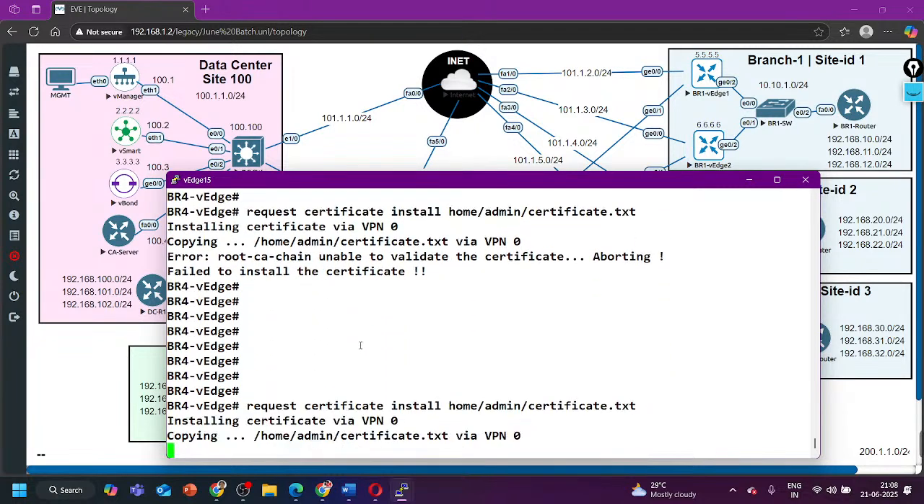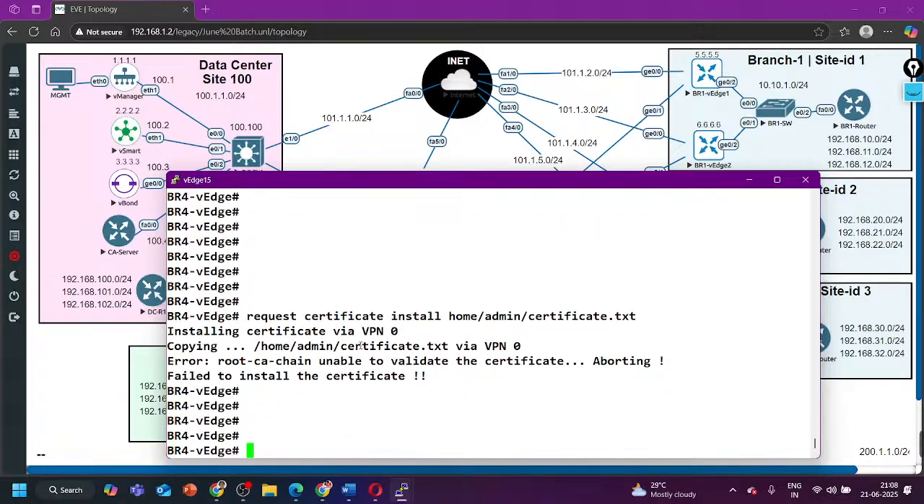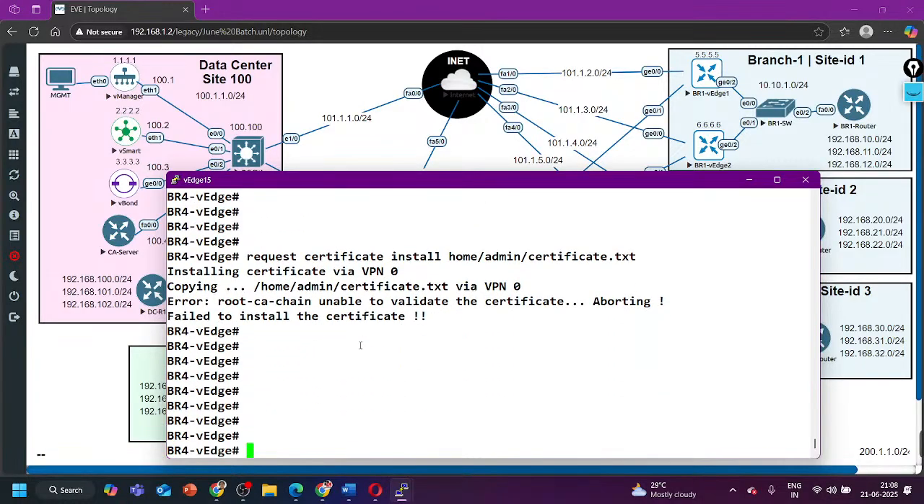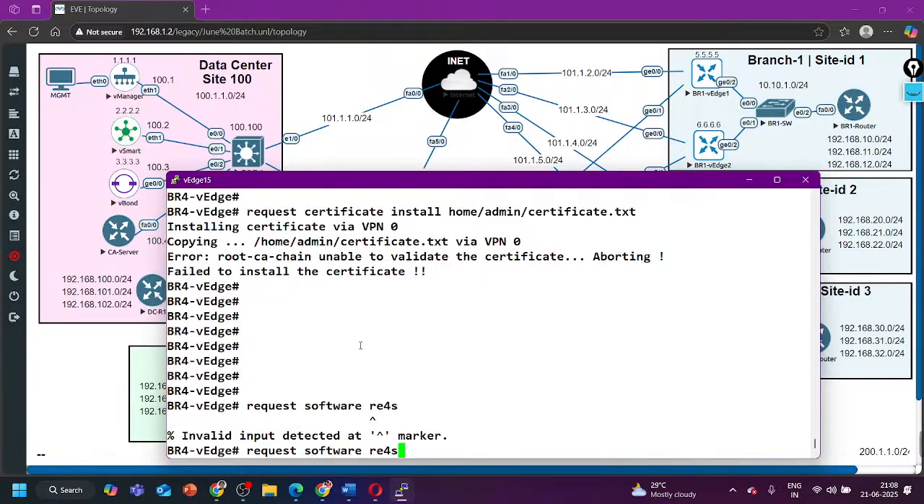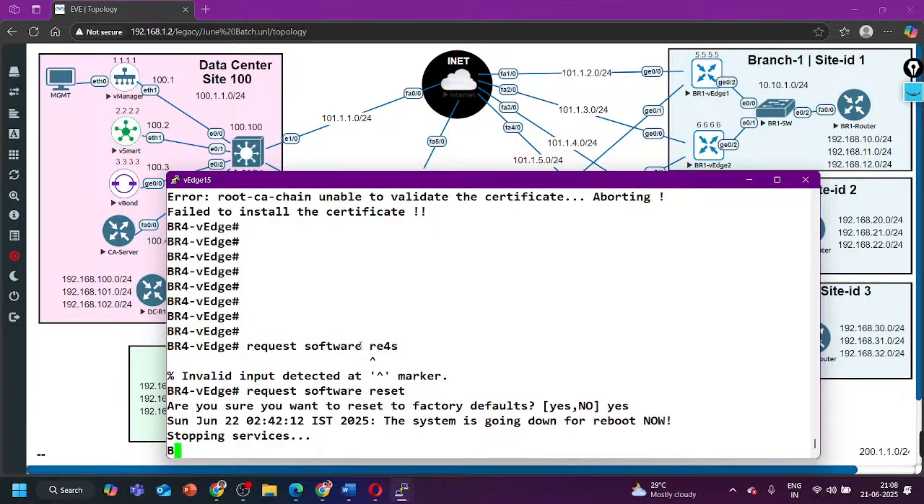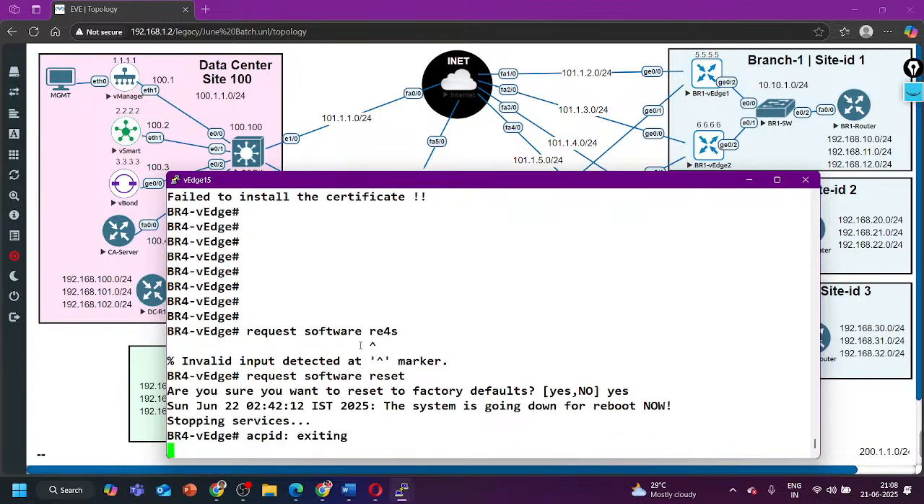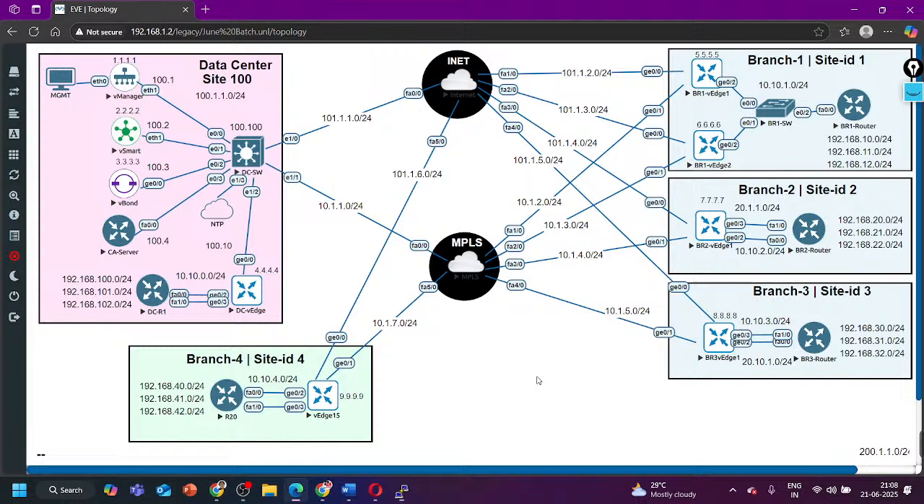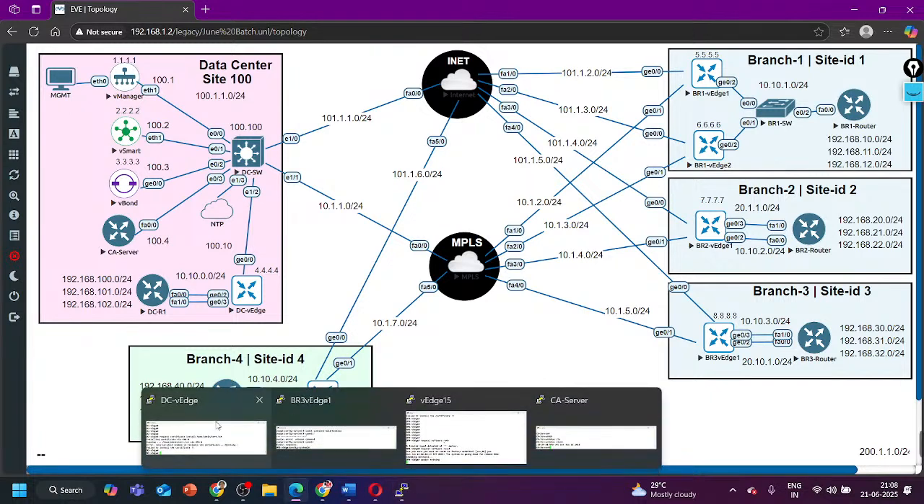There is issue with your CSR. Let me do one thing. Request software reset. Yes. Let me reset the software of one vManage device once. And till then, on the DC vEdge,